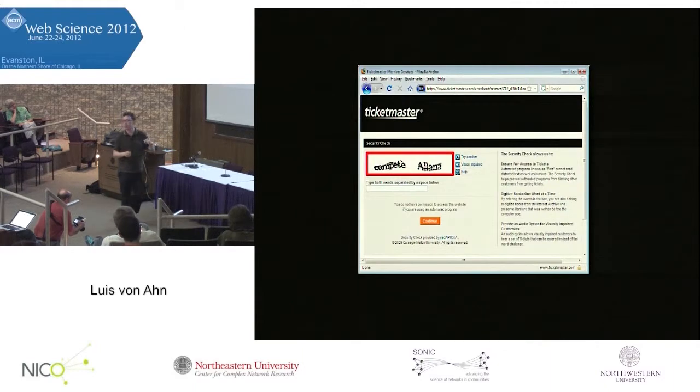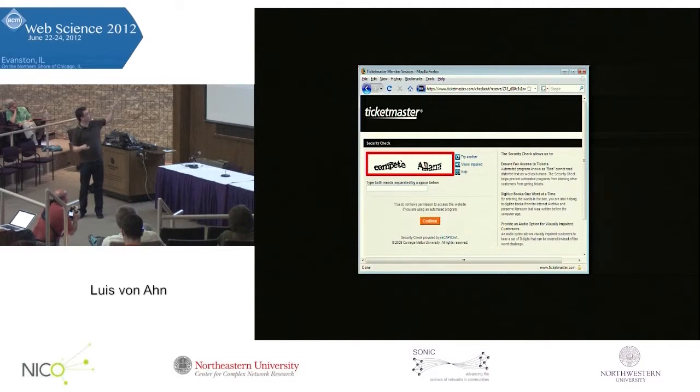The second project that I worked on is one called reCAPTCHA, which I did in about 2007 is when we started reCAPTCHA. So this project started from the following. Those distorted characters that you have to type all over the internet. They're very annoying. They're called CAPTCHAs. I was one of the people who invented them about 12 years ago.